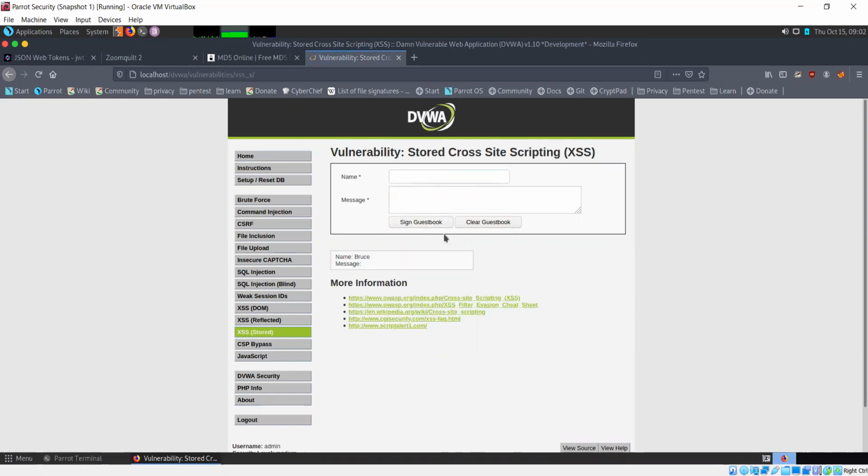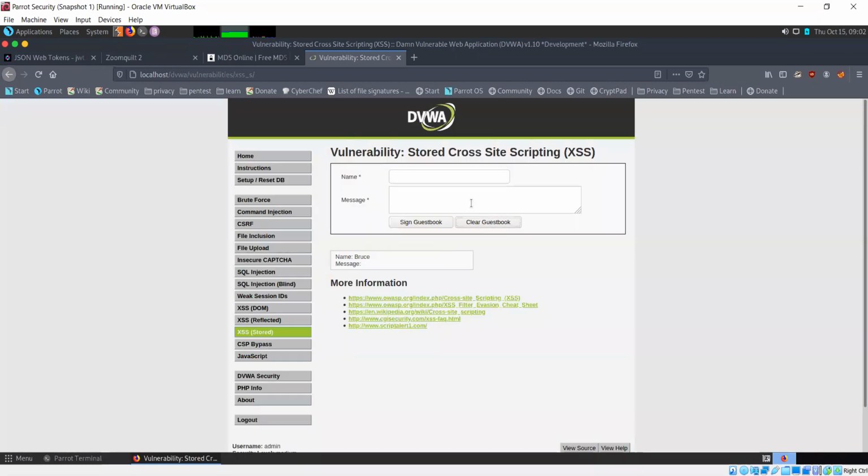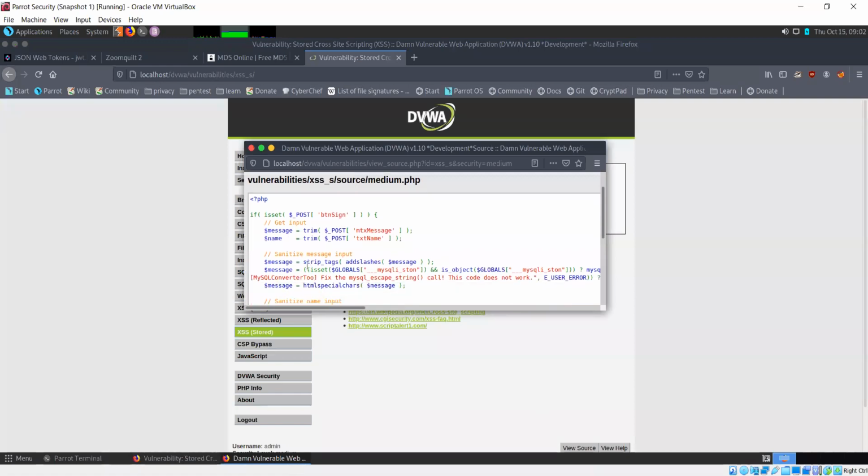Our cross-site scripting code is not working in this case. So there's probably a lot of message sanitization applied to this. That's why it's not working. So you see they're sanitizing the message input and they're checking for any kind of strings and stuff, and they're removing them when they find them.